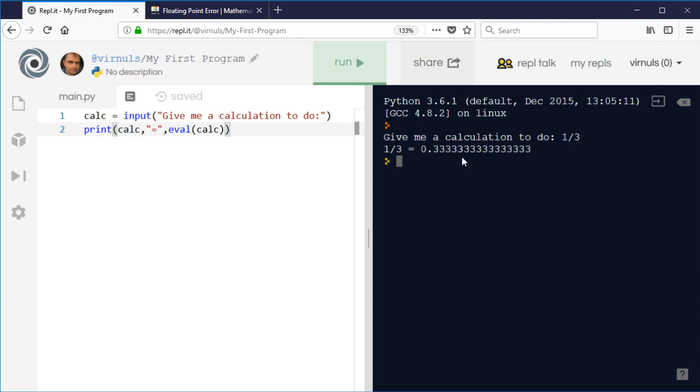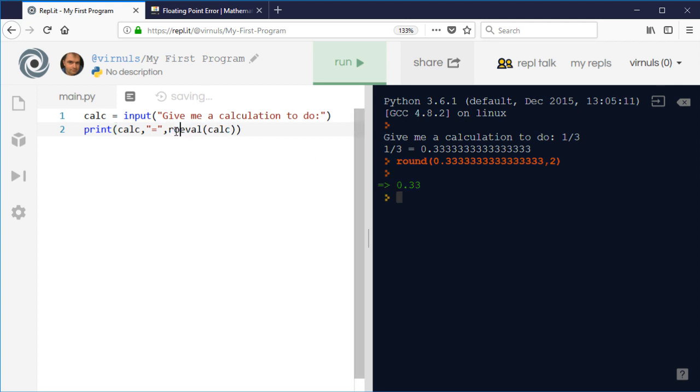So there's a function called round, and what that does is it takes the number that you want to round and the number of decimal places. So if we round that to 2 decimal places, we can round it off like that. So we can either do that as a separate line, or we can do it in line here. So round that to 2 decimal places in my program. And now when I run my program,